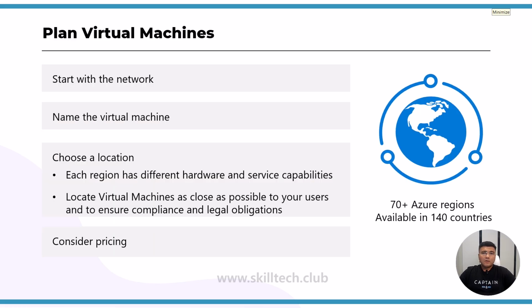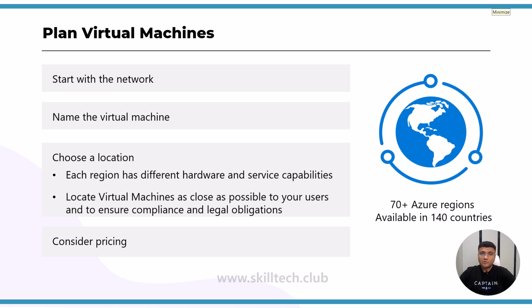When we create a virtual machine, there are a couple of things which we have to decide first. The first thing is we have to start with the virtual network. So we need to focus on what kind of IP address range we want for the private IPs. We also need to focus on what specific configurations will be required in that range. We have to give a proper name to the virtual machines. And above all, we have to choose the right region